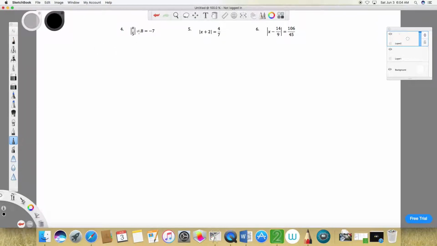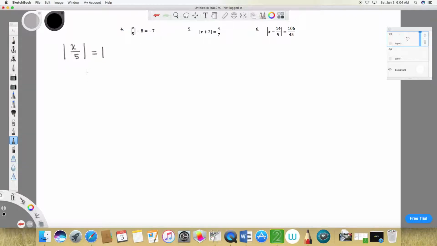We see that on the left-hand side there's two terms. So we want to start out by adding 8 to each side. If we add 8 on the left-hand side, that second term cancels, and we just have the absolute value by itself, and that's what we're wanting. So to balance the equation, we have to add 8 to the right-hand side, and negative 7 plus 8 is